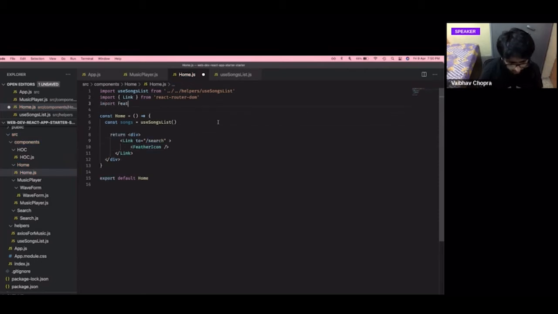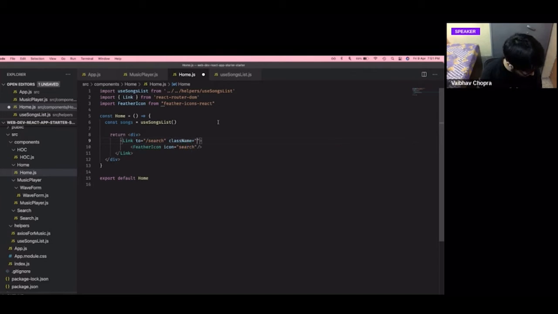Import Feather icons React, and the name of that icon is Search, like I said.